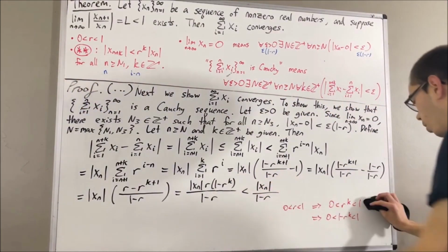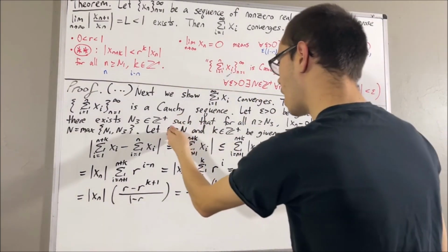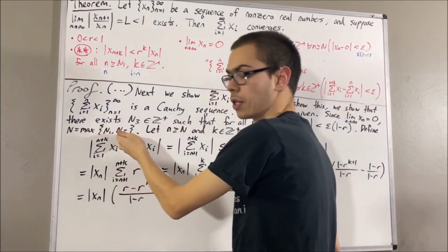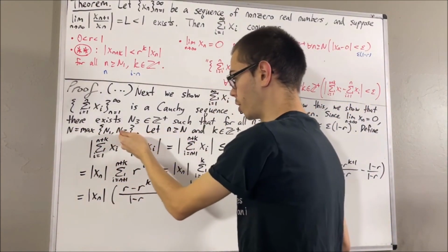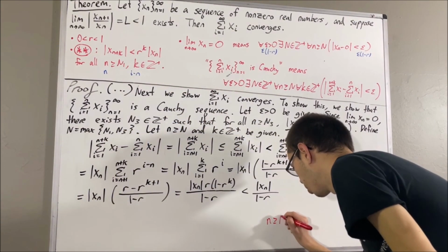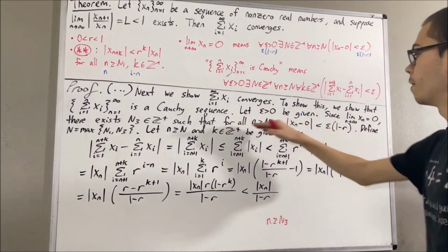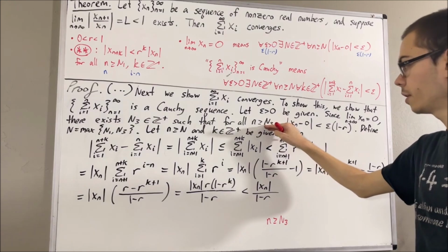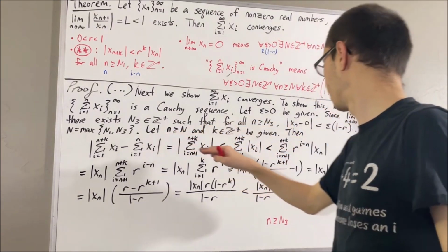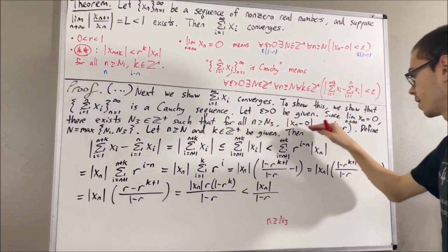So, this is where we're currently at. But remember, n is greater than or equal to capital N, and capital N is greater than or equal to capital N3. So n is greater than or equal to capital N3. Because n is greater than or equal to capital N3, let's remind ourselves this statement works for every integer greater than or equal to capital N3. So in particular, it must work for the n we have here. So taking n to be the n we have here, we have that this inequality is true.